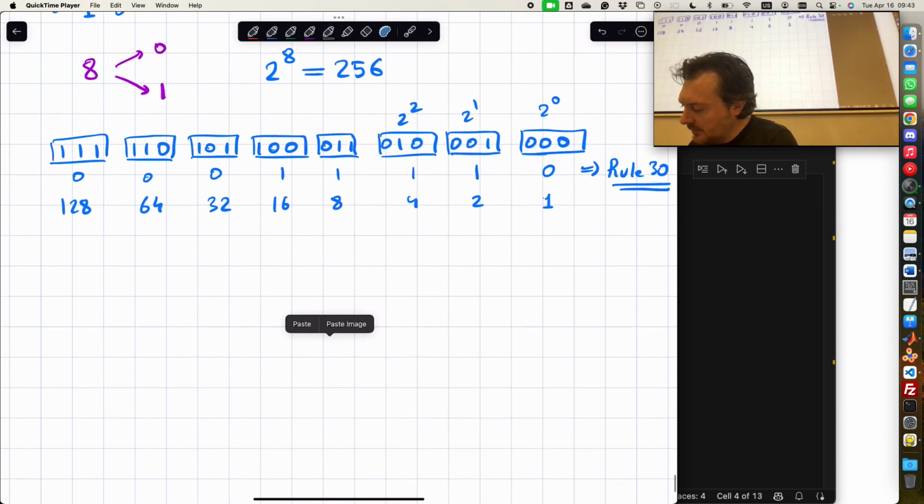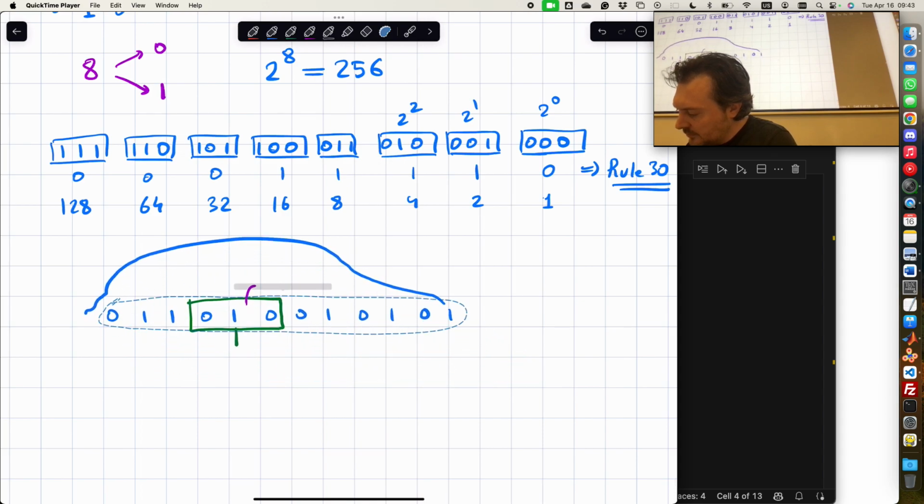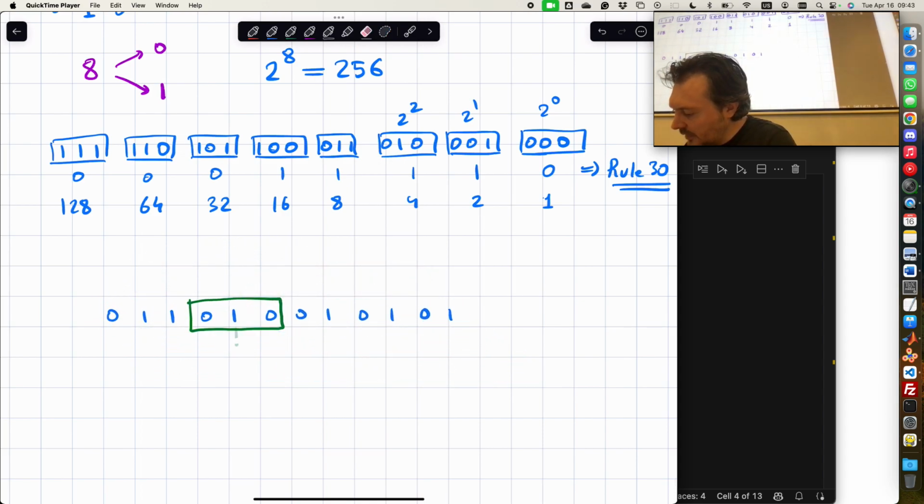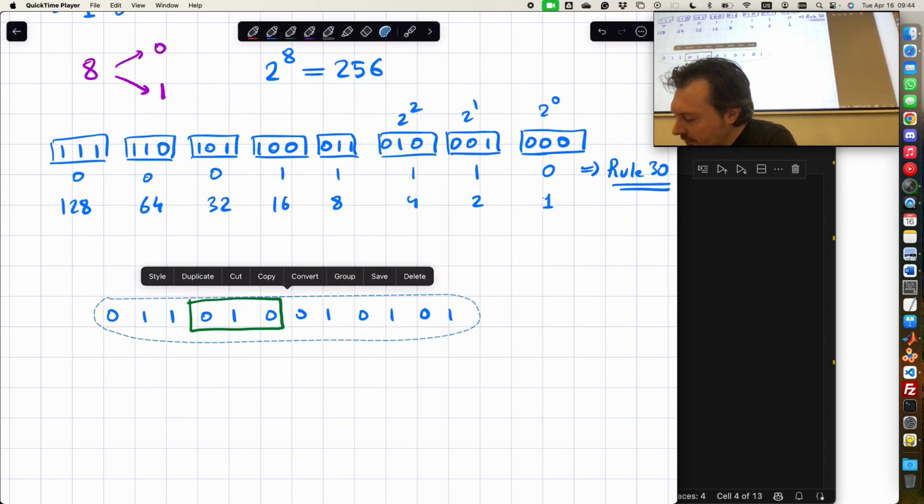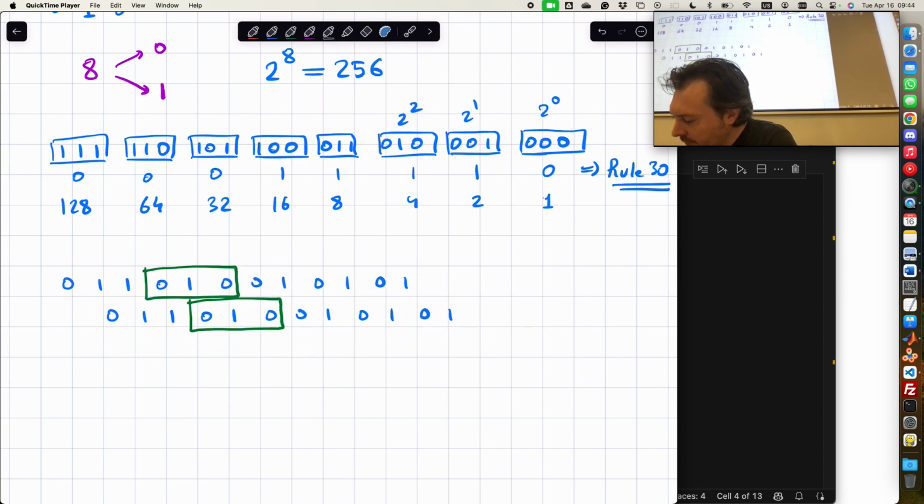Copy, paste it here. So how do I decide what will happen to this green area? I can do it in the following way. I can shift it to the left.